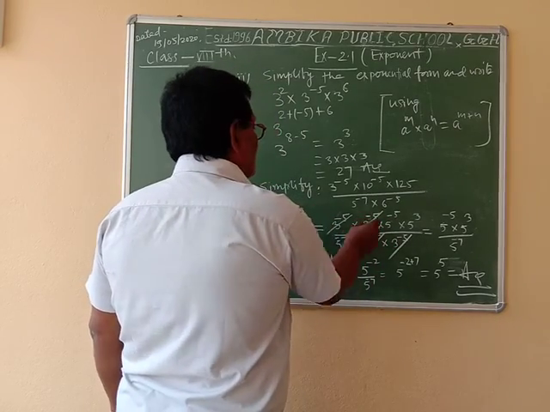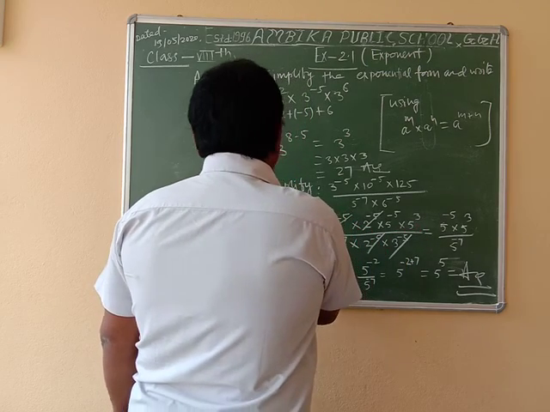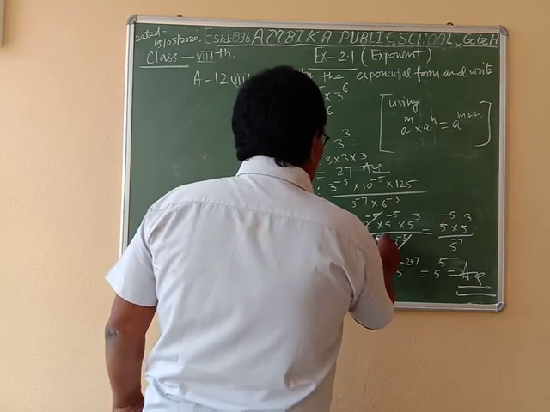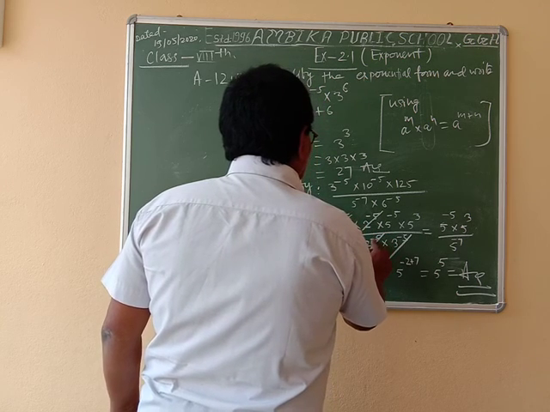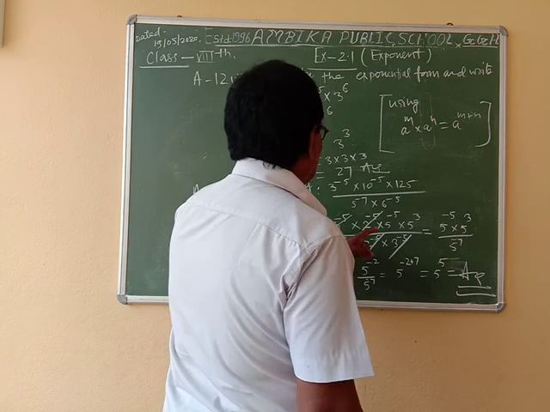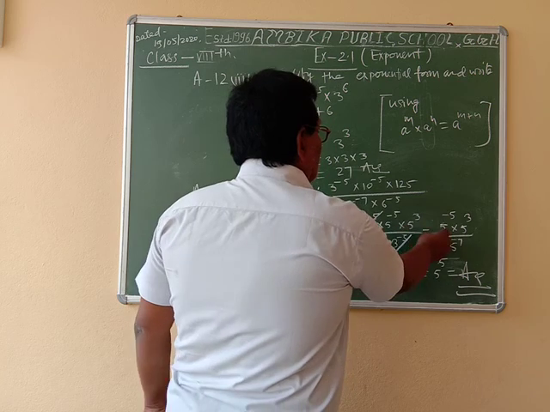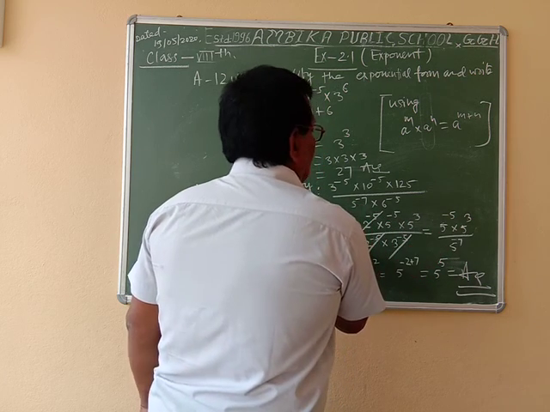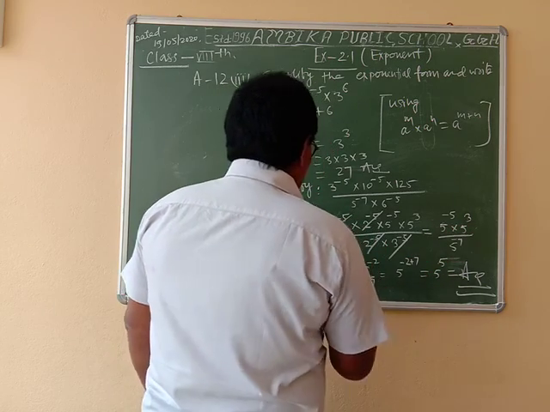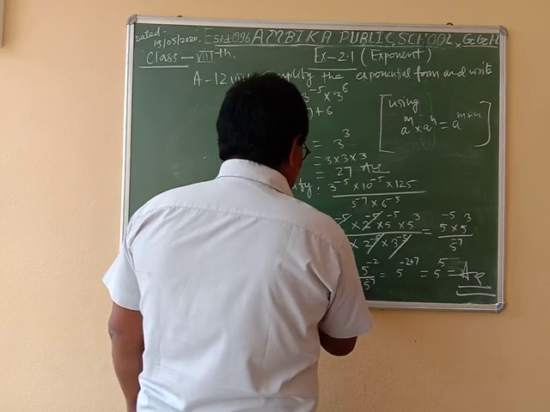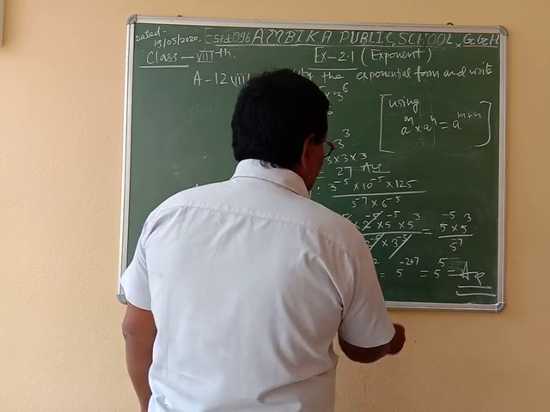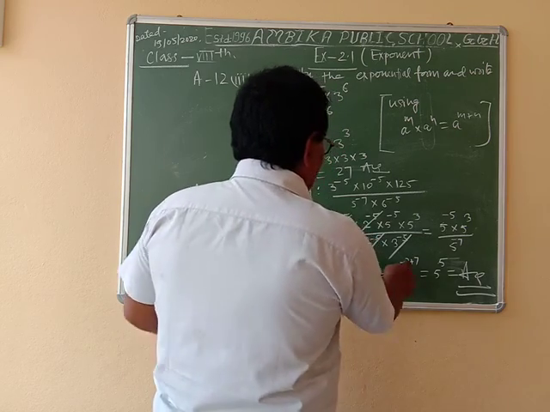We can write for 10 to the power minus 5 into 5 to the power cube divided by 5 to the power minus 7 into for 6 to the power minus 5 we can write 2 to the power minus 5 into 3 to the power minus 5 is equal to here 3 to the power minus 5, 3 to the power minus 5 is cancelled, and 2 to the power minus 5, 2 to the power minus 5 also cancelled, is equal to 5 to the power minus 5 into 5 to the power cube by 5 to the power minus 7 is equal to 5 to the power minus 5 plus 3, because bases are same, so minus 5 plus 3 divided by 5 to the power minus 7 is equal to 5 to the power minus 2, adding we get 5 to the power minus 2 by 5 to the power minus 7 is equal to 5 to the power minus 2 plus 7.